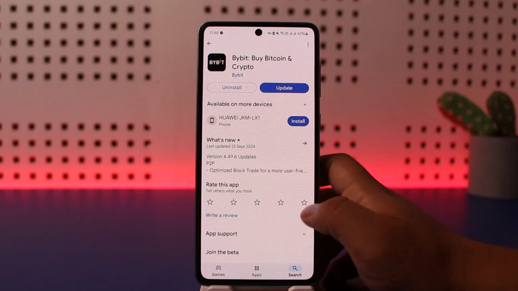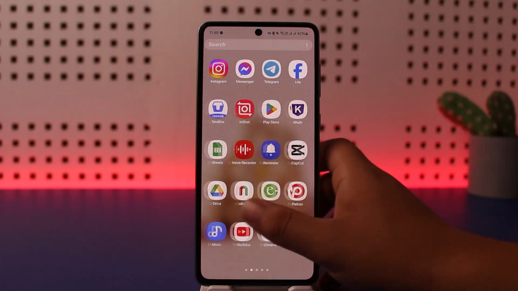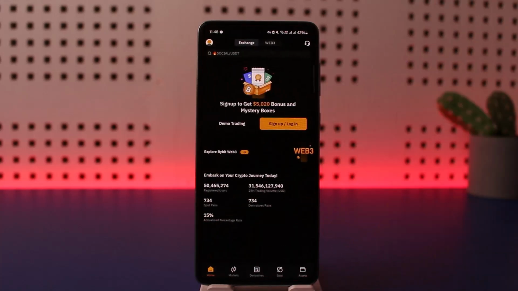First things first, what you want to do is go ahead and open up your BYBIT. You can do so on the web or on the application. Here you want to simply go ahead and log in. Now unfortunately I'm unable to log in here, but once you're logged in,